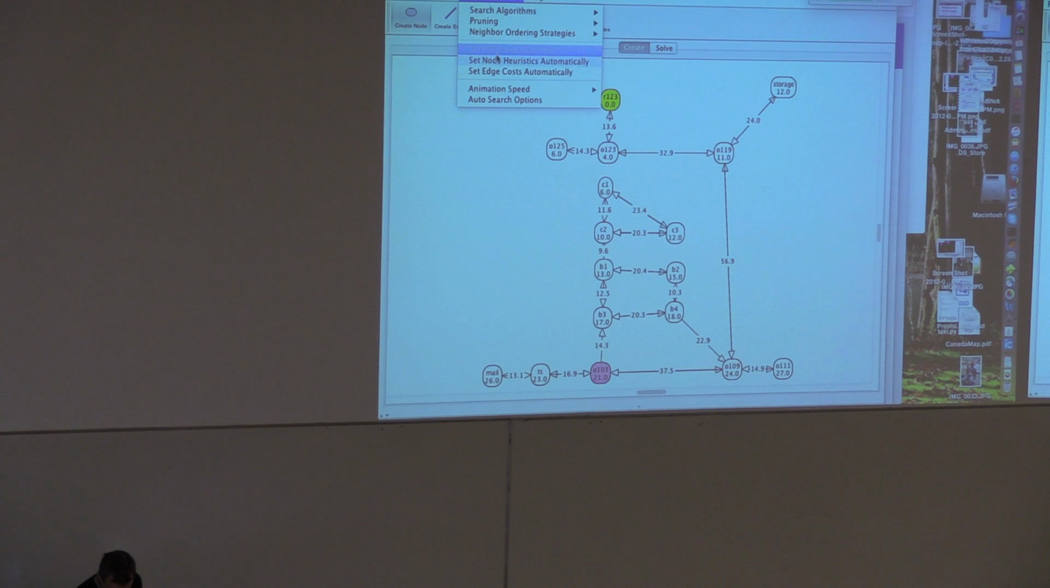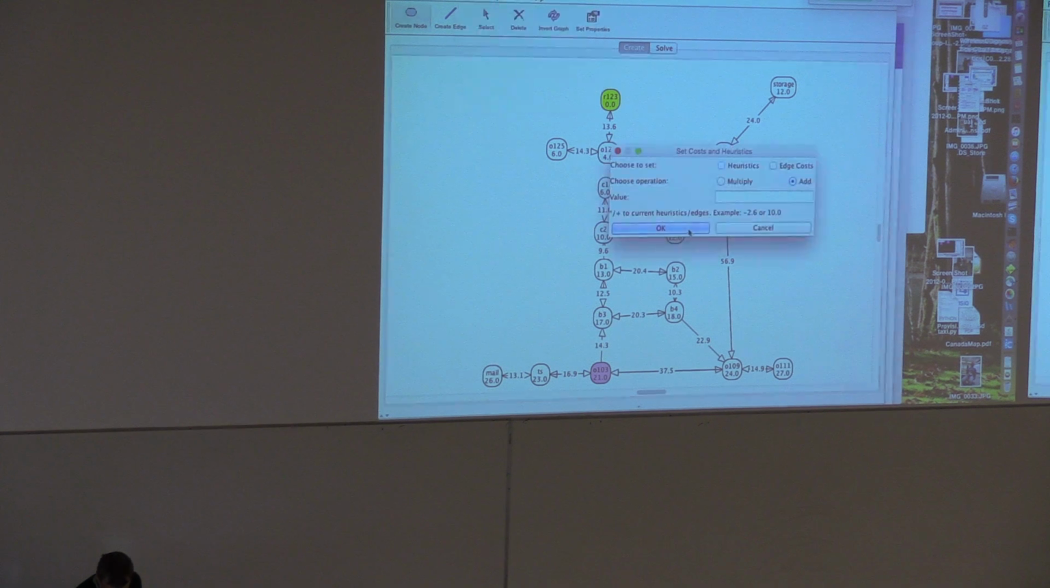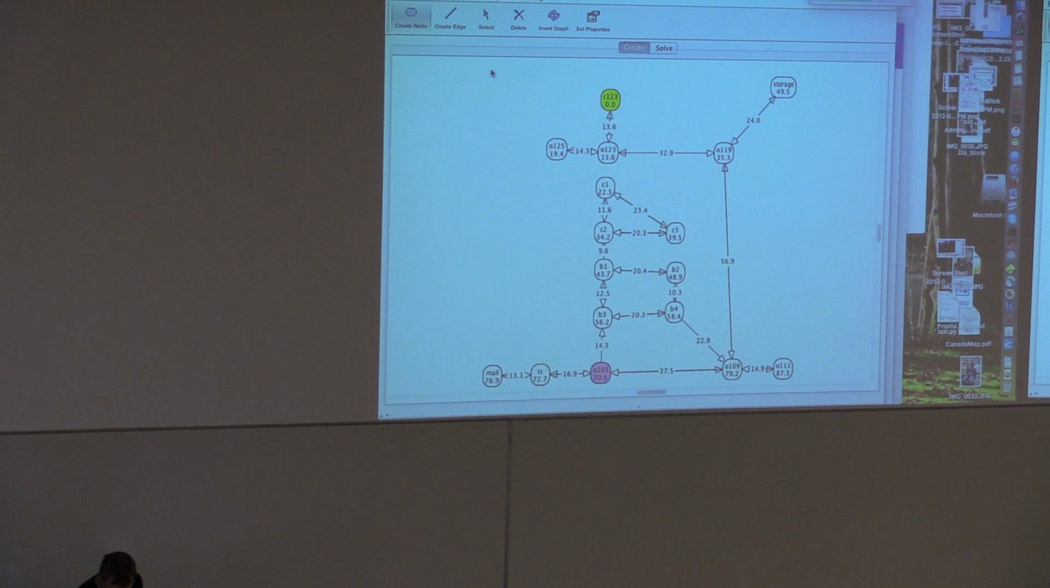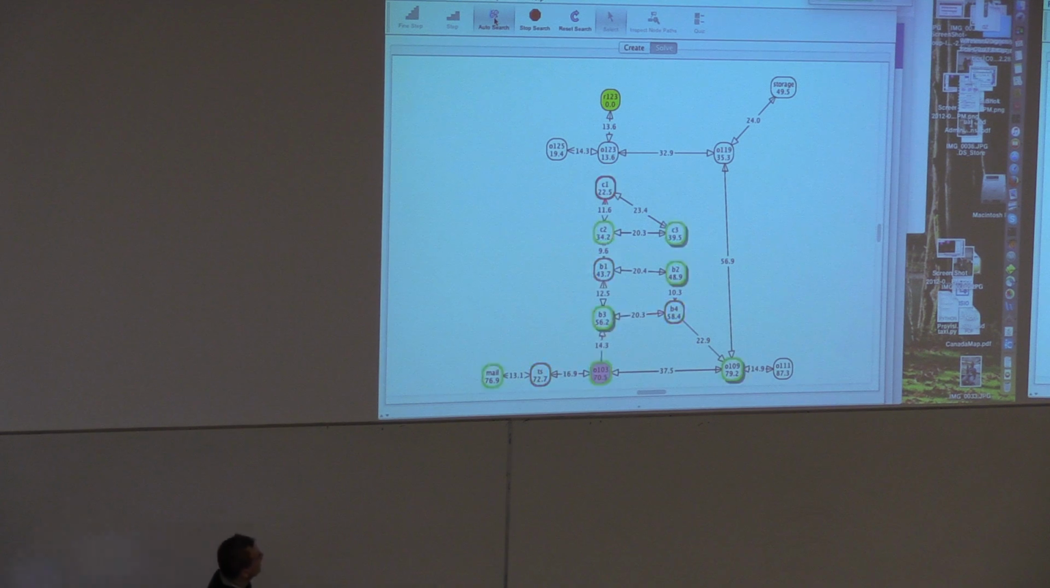Let's do set node costs. Node heuristics and edge costs automatically. Let's do this again. Solve this. Let's reset this search and do an auto solve. So if you change the automatic things, it messes it up, and it's going to solve it in